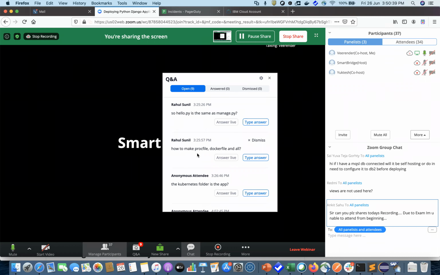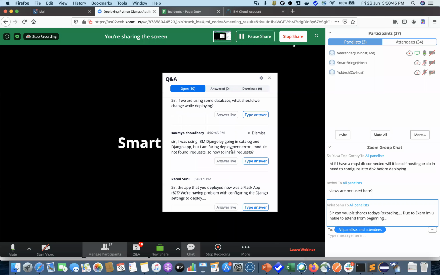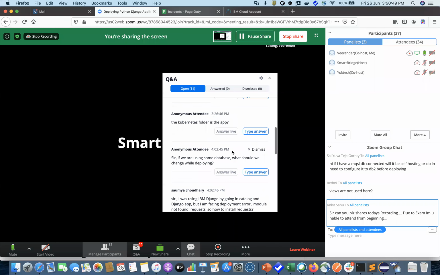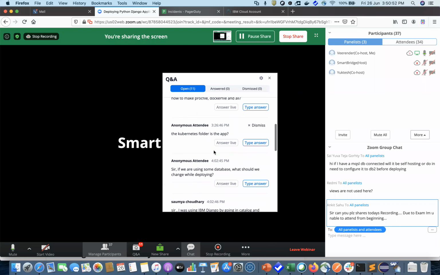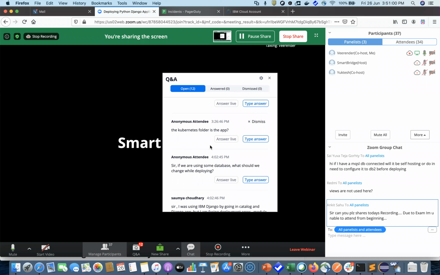But within that GitHub link which I shared, there is also information on how to create a Docker image out of your existing application and push it onto Kubernetes. Is the Kubernetes folder the app? No, you can ignore that Kubernetes folder altogether. It has nothing to do with this Python application.